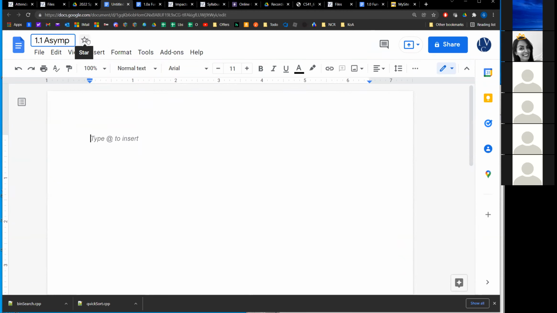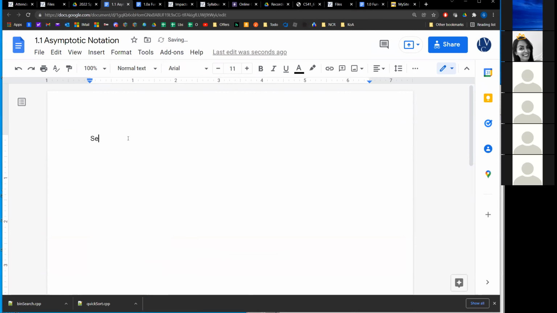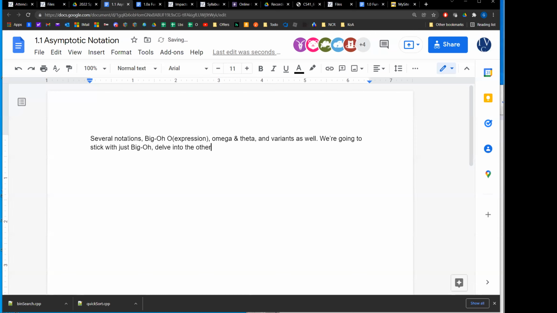I'm sure I spelled this wrong. Asymptotic notation. There are several notations. There is big O, which takes some sort of expression. And there's omega and theta and variants as well. We're going to stick with just big O. You can go ahead and delve into the others on your own. That's getting too precise in the math. That's beyond our purposes. And so big O, which we're going to be using throughout the semester for probably 70 to 80% of the things we're talking about,